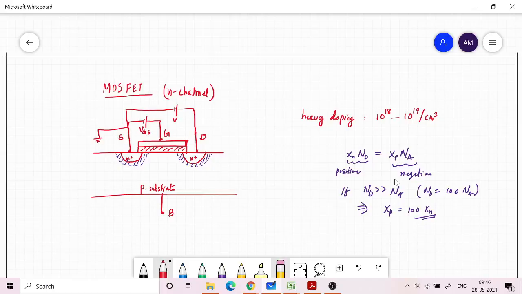Okay, so this is VDS, that is the drain voltage with respect to the source. Okay, so these are the two most important voltages, and in addition to that we can also think about another voltage, VBS, that is the voltage at the bulk with respect to source, but usually we connect the bulk to the source. Okay, that means we will ground the source also, but in case there is a more negative polarity